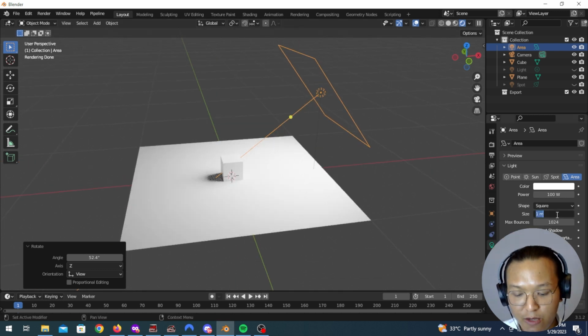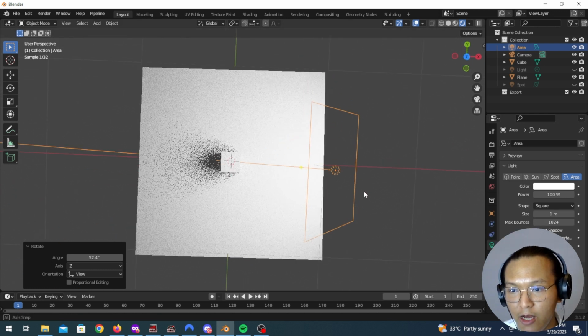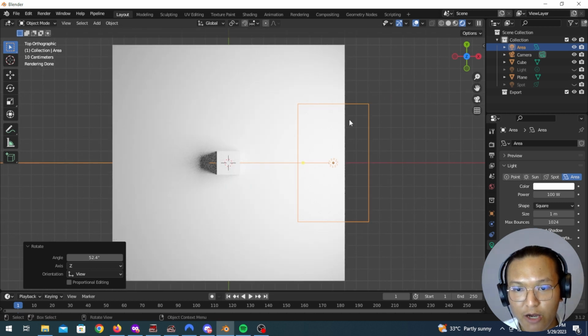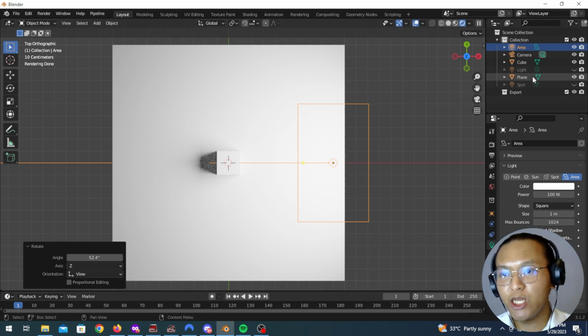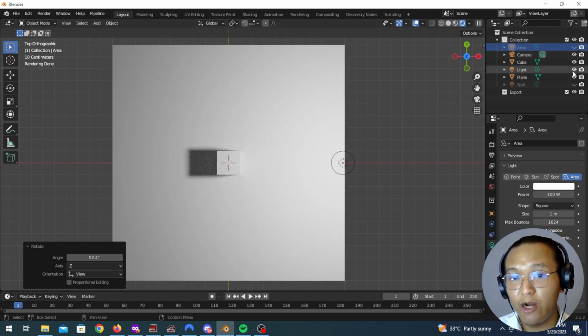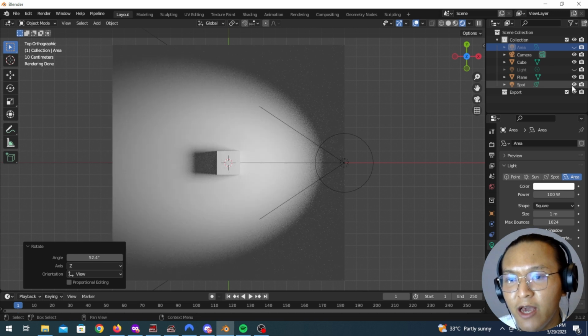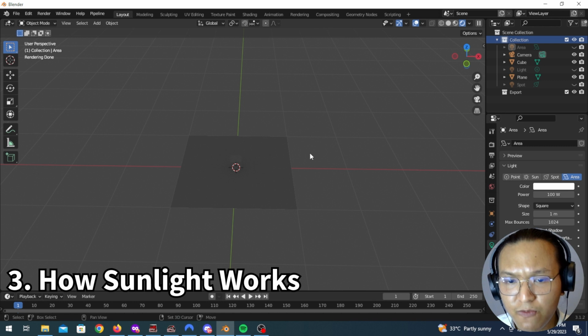But let's say that we make it smaller. It doesn't really affect it, because it's an area light. But you can still see that here it's going to be a little bit lighter, and as it travels to the left, it's going to be a little bit dimmer. And yes, this tree light behaves like a normal light, as you have seen in real life. And as we switch to a sunlight,